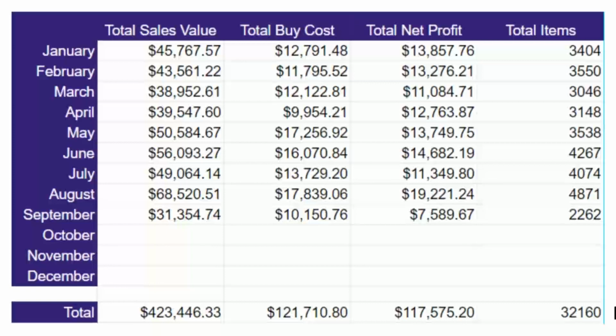So total sales value, we started off the year doing about 45,000, and in August we finished at 68,000 in estimated sales value. Buy cost 17, net profit 19,221, and total items last month were at 4871. Now I can tell you right now it is September 18th and we've already sent out 2,262 items, which is a little on the low side,